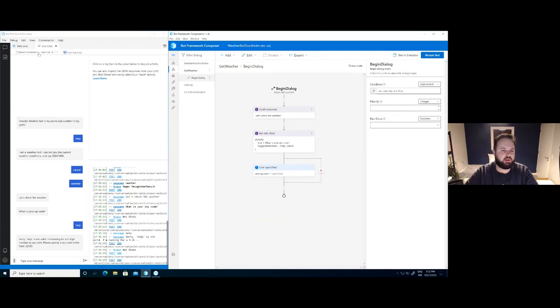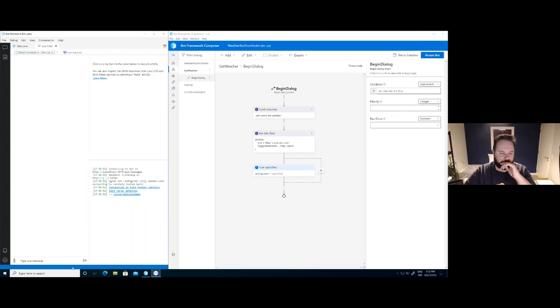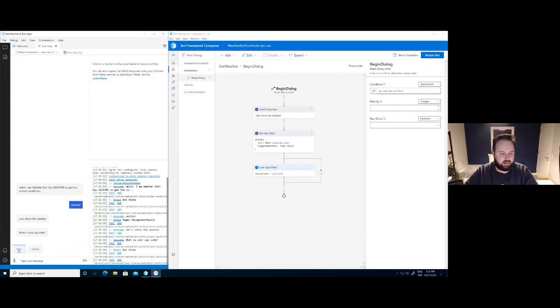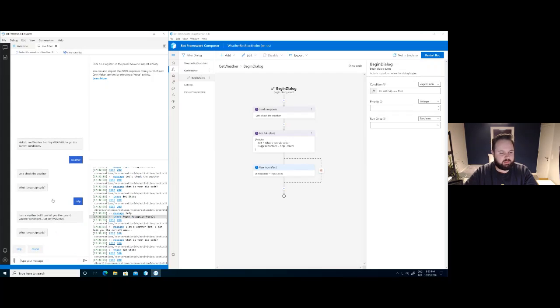Okay, let's restart our chatbot. It will ask what's the zip code, but if I say help now, it will tell me what it went actually to this help dialog, but then it went back to get weather where we were. It didn't tell me first, let's check the weather, but it immediately went back to this question. So in this case, it's very handy to give your users some assistance in